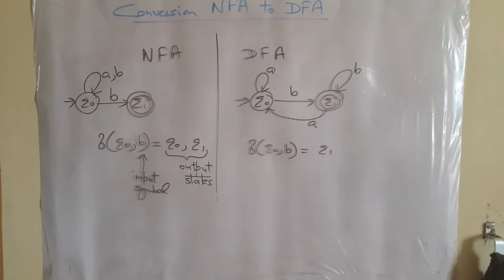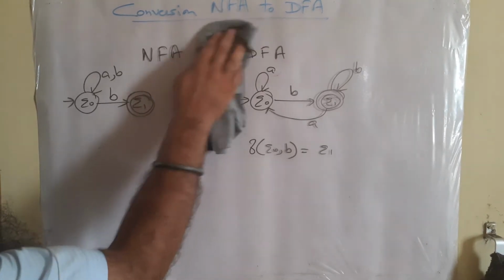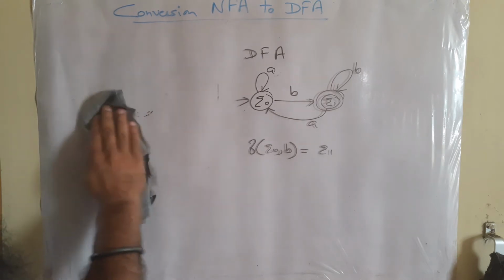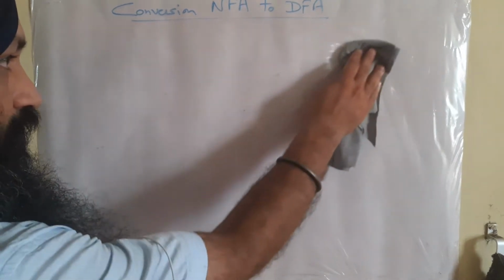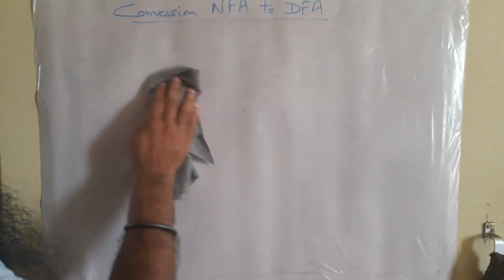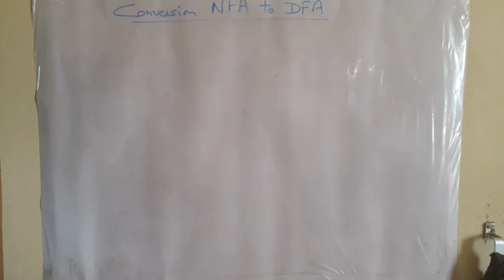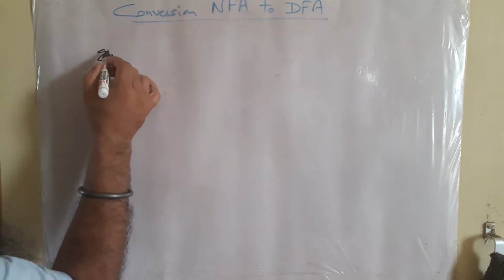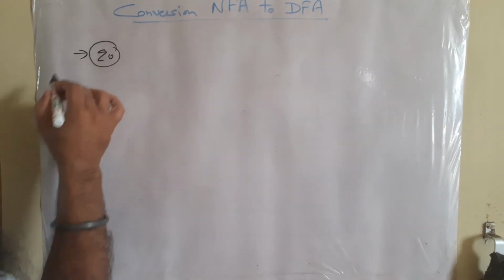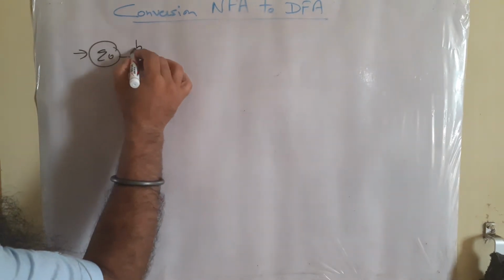Now we are going to learn the basic question related to how to convert an NFA into a DFA. Up to this point, we know the basic information about NFA and DFA. We also know the difference between NFA and DFA. Now, suppose we have a question where we have an NFA diagram for this language, and this language is a